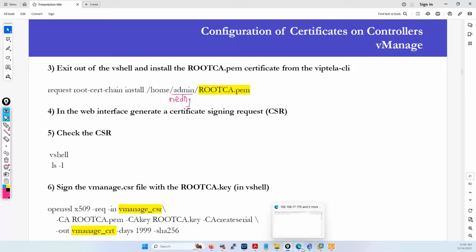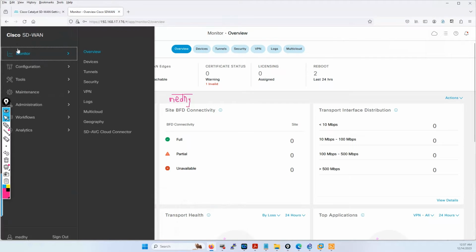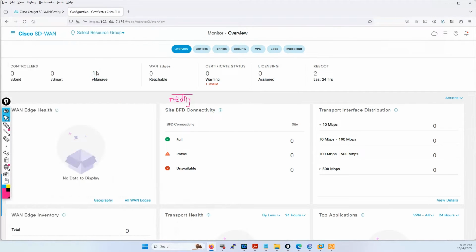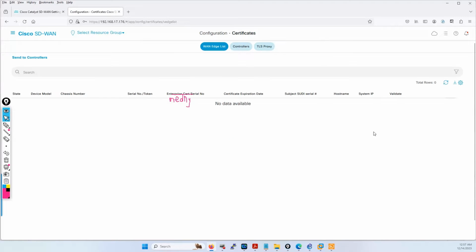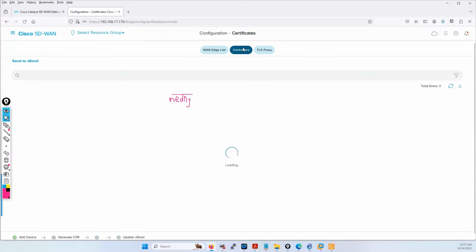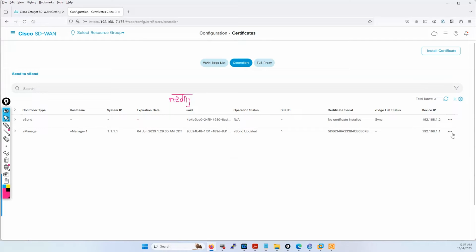Let me show. You're going to the web interface, configuration, certificates, controllers, and then you will need to generate a CSR right here. When you get that CSR, you can copy it, because it's going to show in a small window. You can copy it and go to